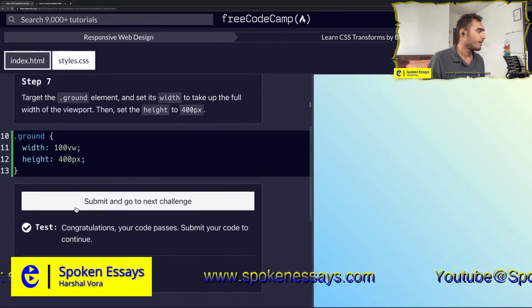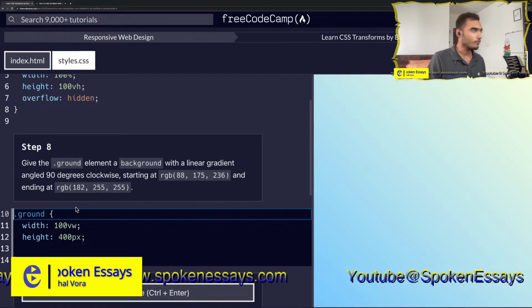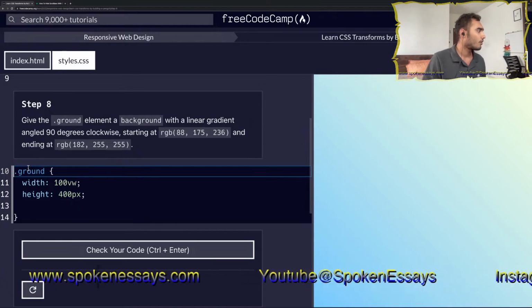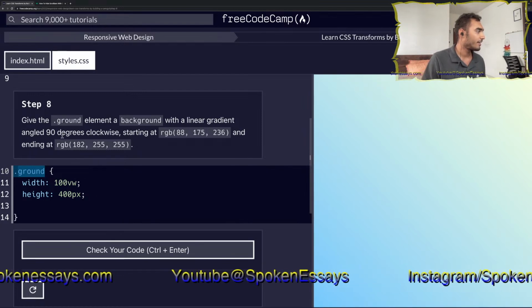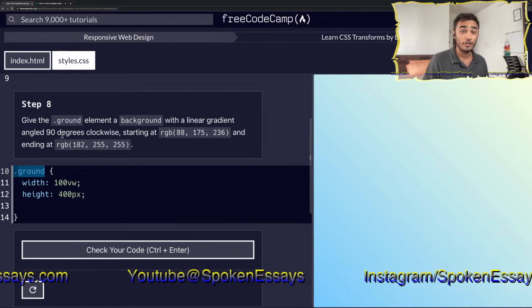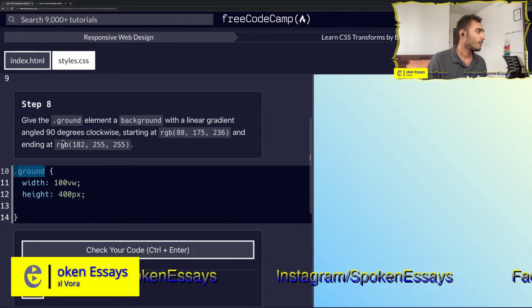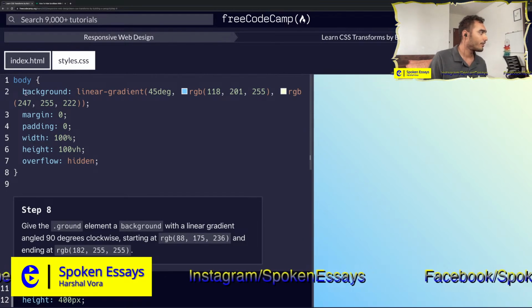And we can go to the next step now. Now we are on step 8. Give the dot ground element a background with a linear gradient angled 90 degrees clockwise. So we will not make it minus 90, we will keep it 90 degrees. And starting at this, okay. So then I can copy this property and its value,